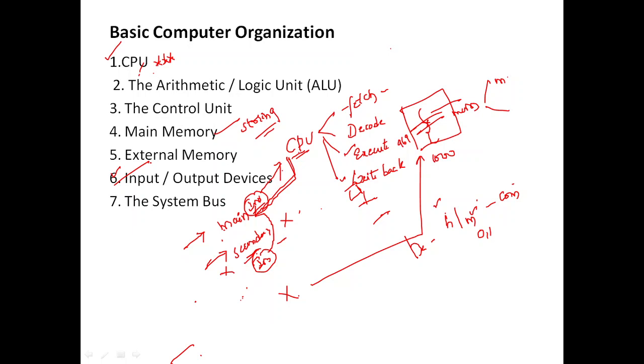So finally, what I want to say is, if any instruction needs to be executed, that instruction must and should be placed in the main memory. Unless you place that in the main memory, the CPU will not execute. So that is the primary memory or the main memory. The purpose of storing is that without storing we can't do the further processing. That is the major reason we have to store.